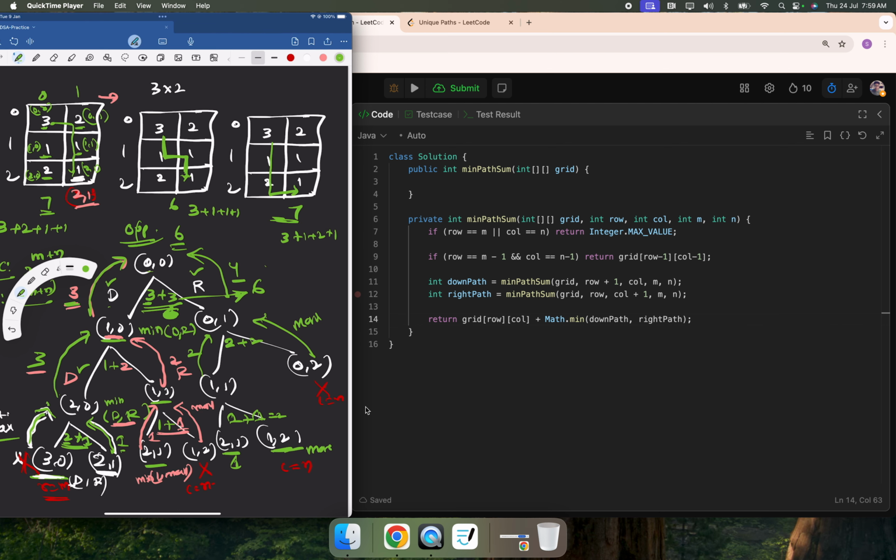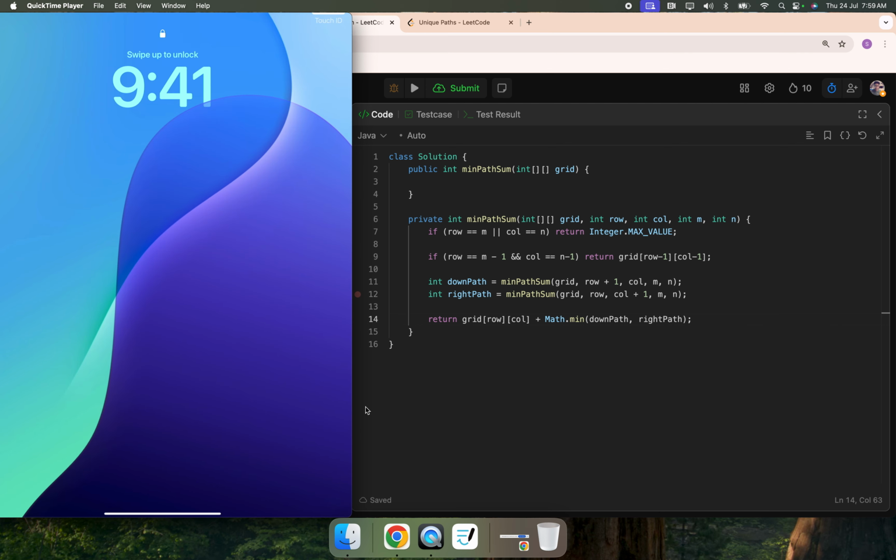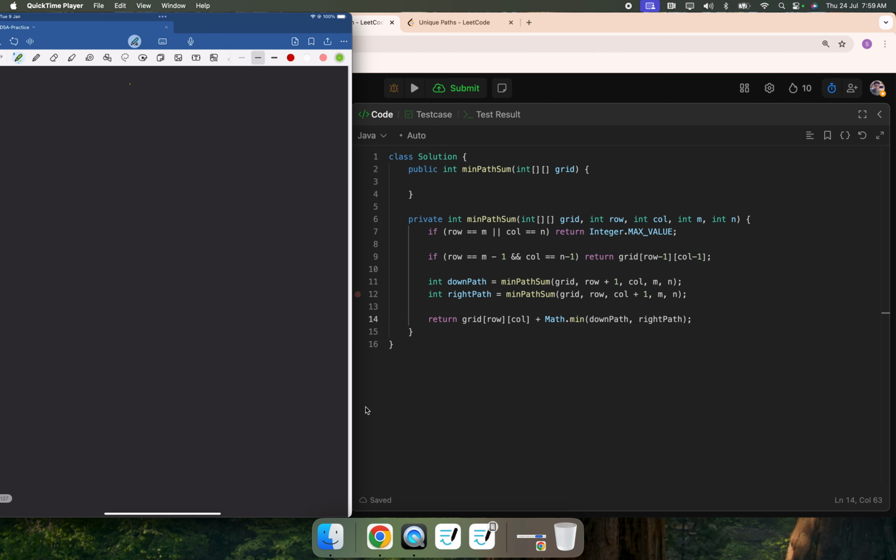I got your doubt, so let me clarify that. It might work, but it will still not work, right? So, for example, assume that you are in a 3 by 2 matrix. You are at